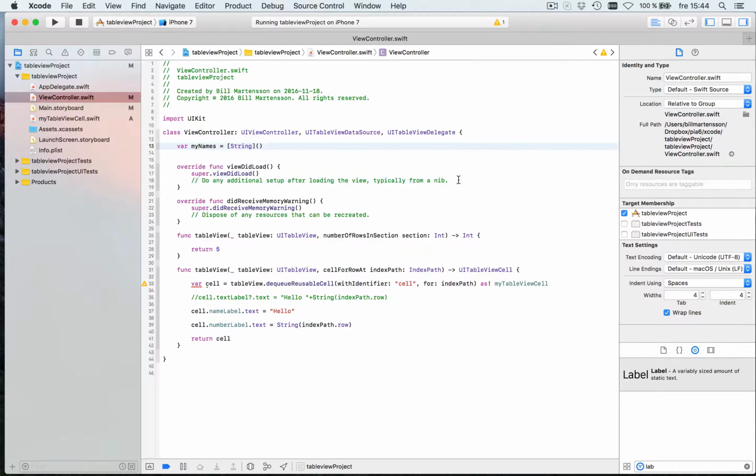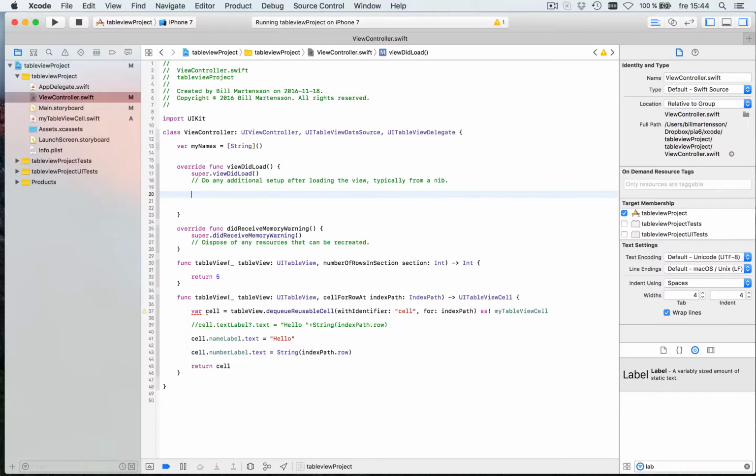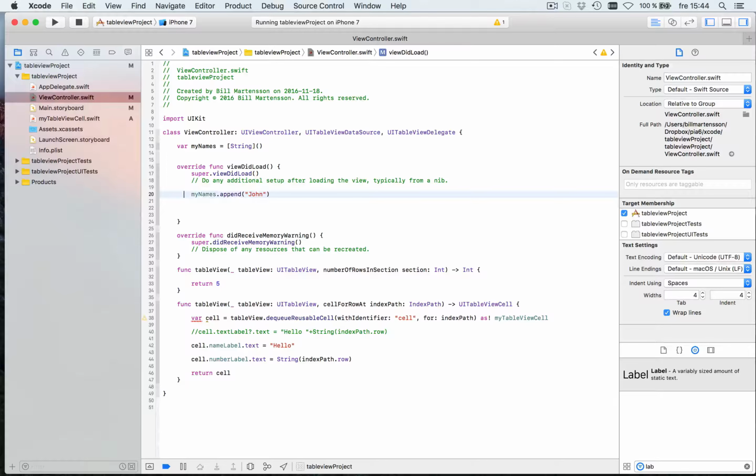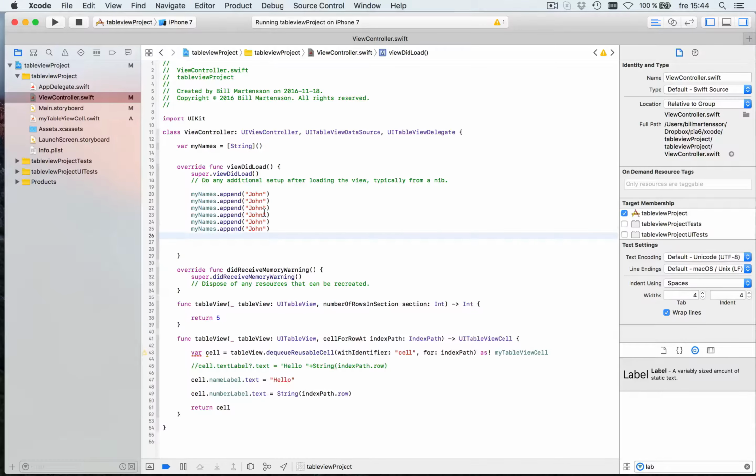And in viewDidLoad, let's say myNames, and just append a bunch of names. Let's add John, and I'm going to copy paste this a few times. John, Henry,